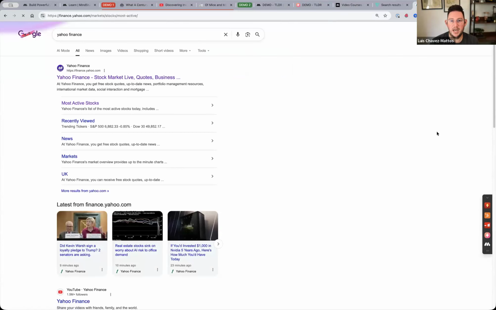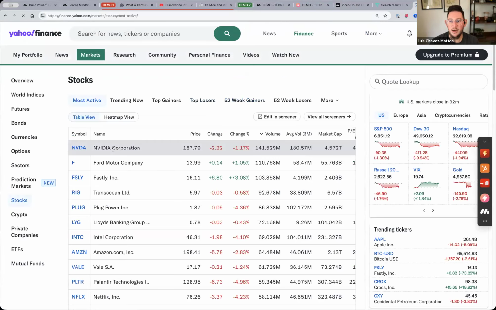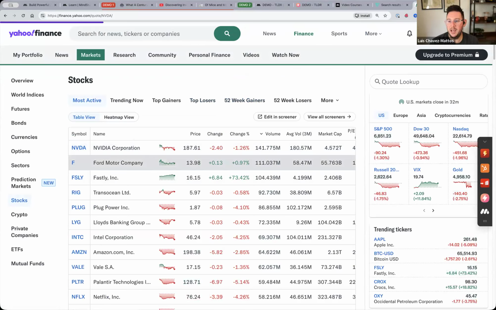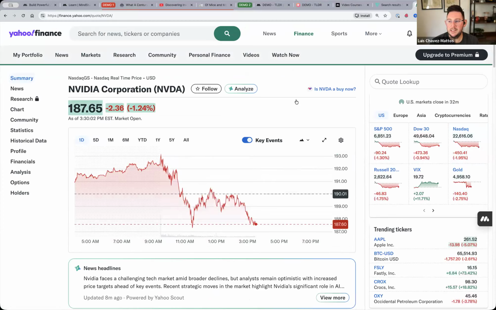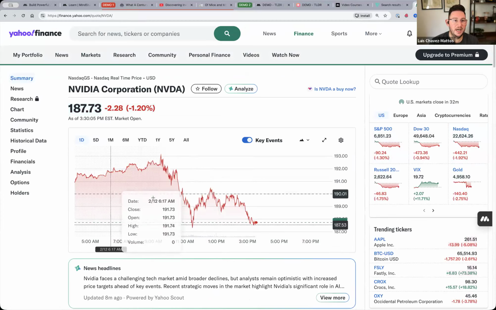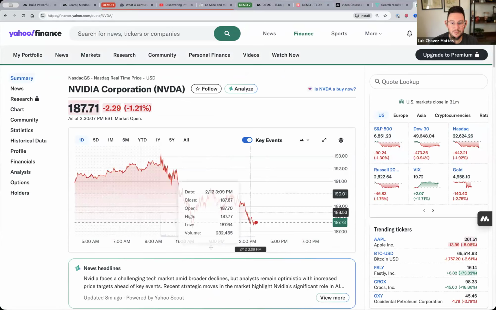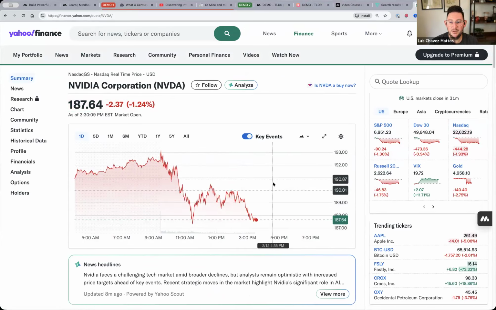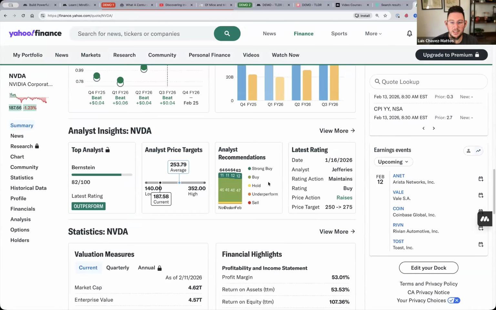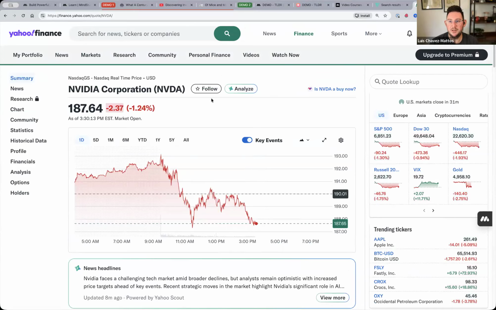We'll go into most active stocks. There we go. We've got NVIDIA here. I can click on the ticker, go to the page. Let's say I wanted to see, is this a good time to buy this stock or not? There's a bunch of info on this page that we can use to make that decision. So what I'm going to do is